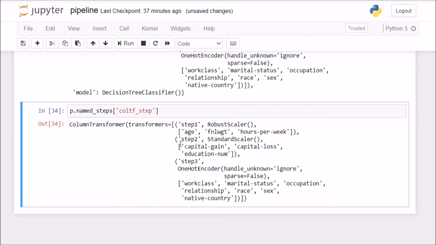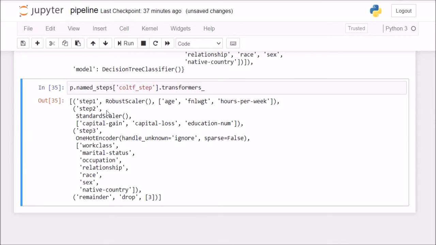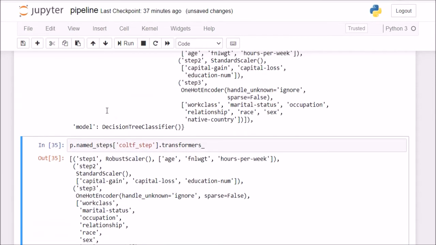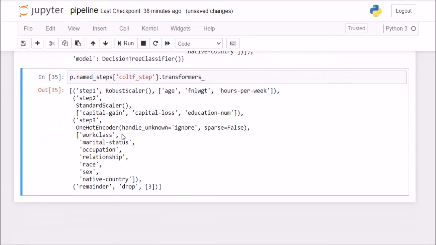Now once I have my column transformer step, I know that this is a column transformer, so I need to first say on this column transformer dot transformers underscore. To enter into a column transformer, we needed this dot transformers underscore attribute of this column transformer.